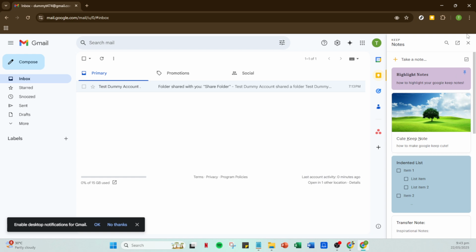And there you have it. By following these easy steps, you've integrated Google Keep into your Gmail. This setup is not only convenient but also saves time and keeps everything you need right at your fingertips. With this integration, you're set to enhance your productivity and organization in your